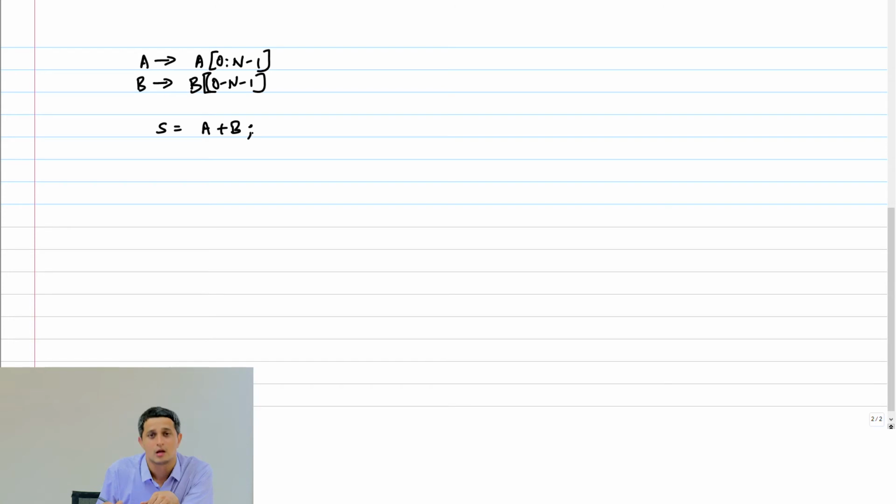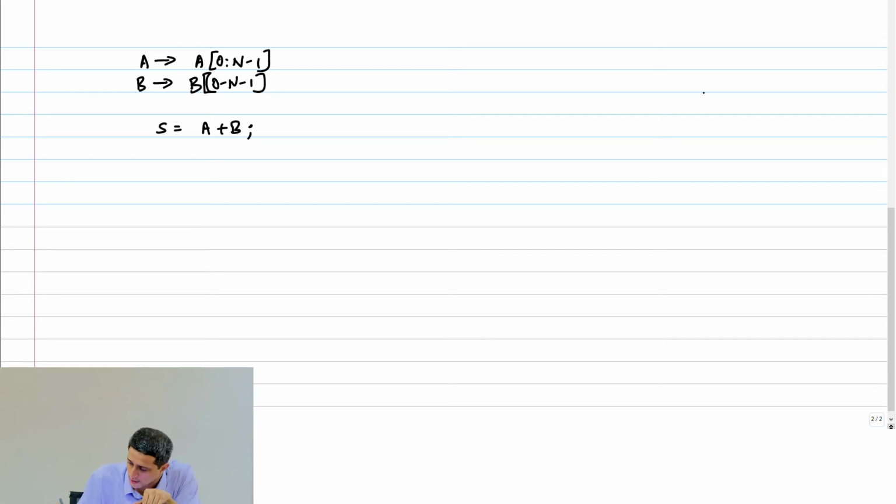A is some A of 0 to n minus 1 and B is B of 0 to n minus 1. I want to now get the sum equal to A plus B. This is not the logical OR, this is the summation, right? I want to create the sum of this and get the carry out also, because if there's an overflow, then I need to set that bit as well.